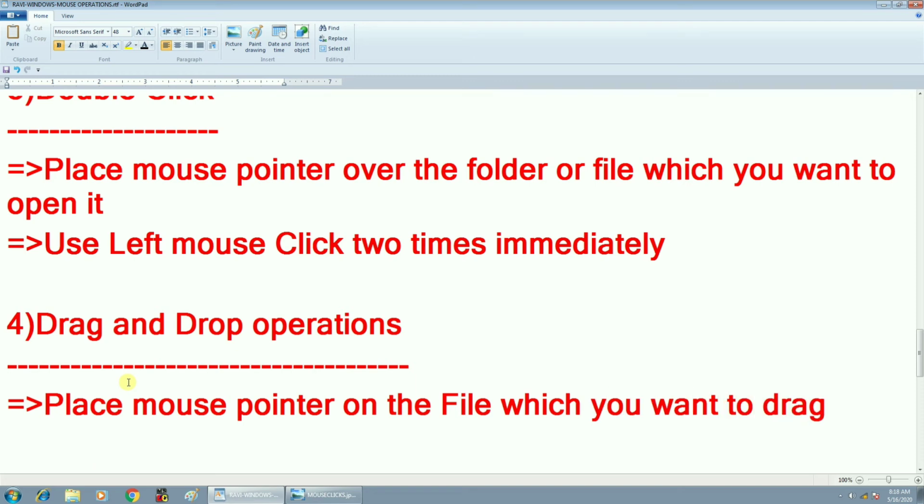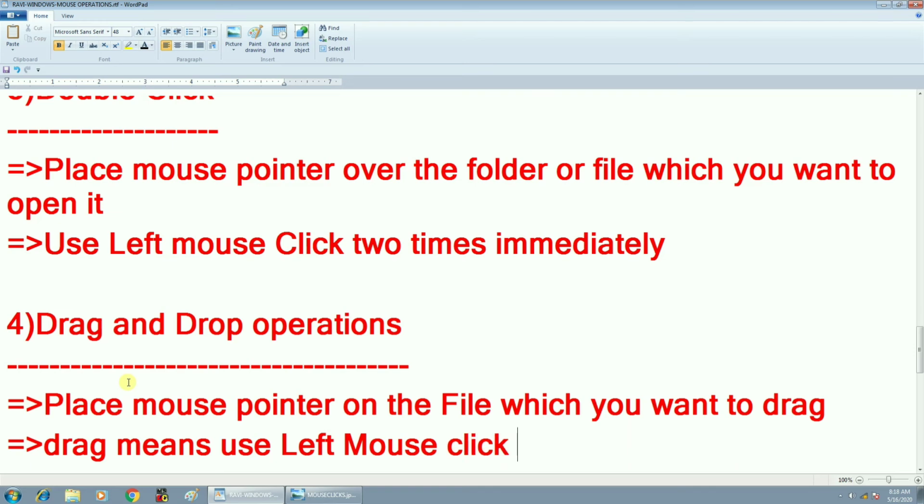Drag means use the left mouse click, and without leaving it, if you click the left mouse button, don't release it. Don't release your finger.